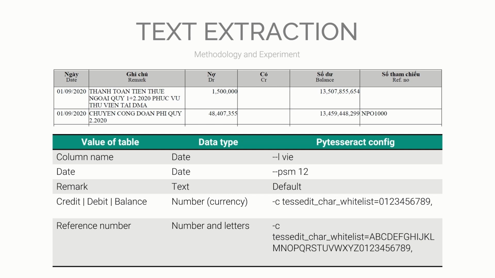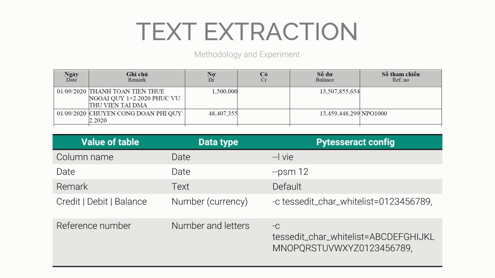The first row, or i equals 0, is the title row containing Vietnamese, so the Vietnamese text data must be used here. Other rows use the default English language for better text recognition. For the columns, the first column containing only date format will be best recognized by BSM12. The third, fourth, and fifth columns contain only numbers because the columns represent financial values, so we restrict them to number characters only, but also include the comma, a value separator in Vietnamese mathematics.